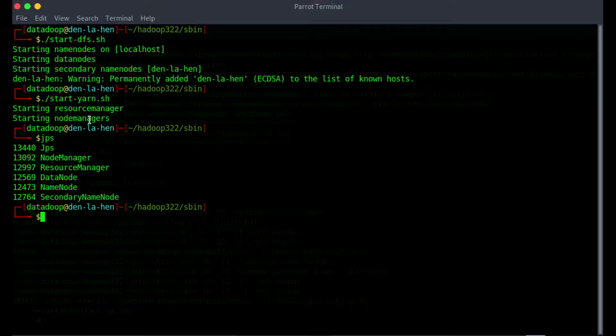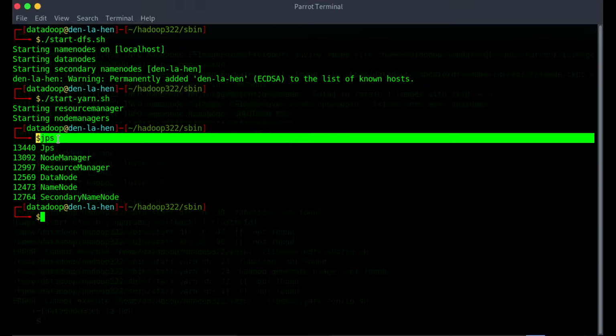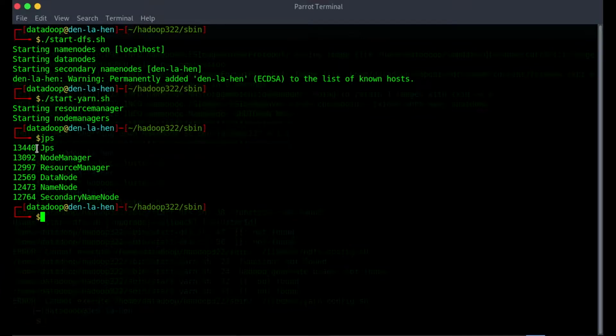To make sure all your processes are up and running, you can simply type this specific command, jps, for the Java processes that are running. This simple command will allow you to check if all the daemons are active and running as Java processes. If everything is working as intended, the resulting list of running Java processes contains all the HDFS and YARN daemons. You can see that here: the process number and the process that's getting executed. The jps, the node manager, resource manager, data node, name node, secondary name node.